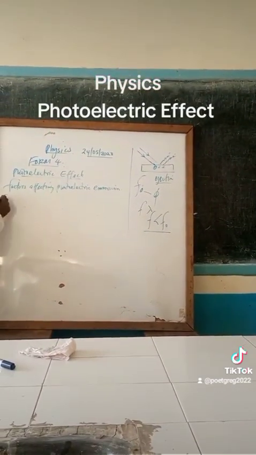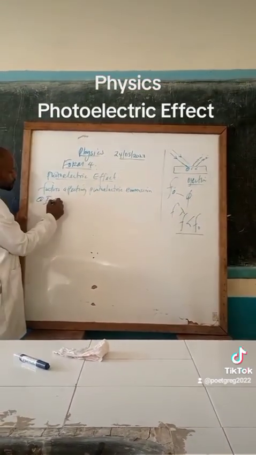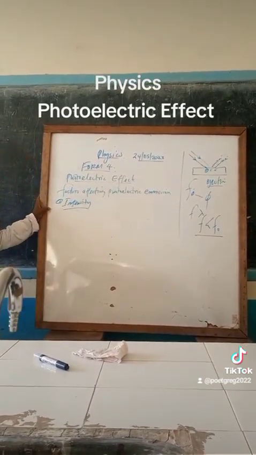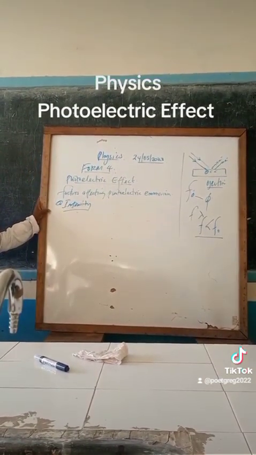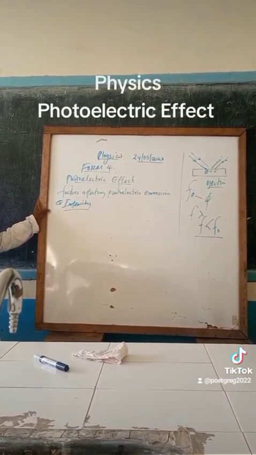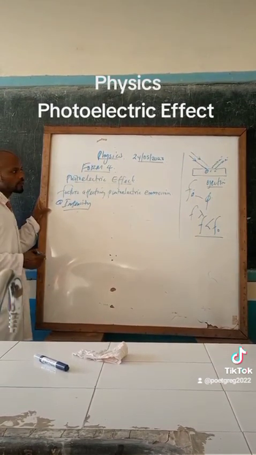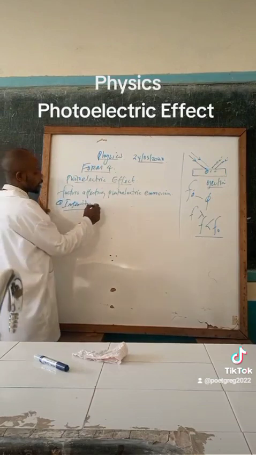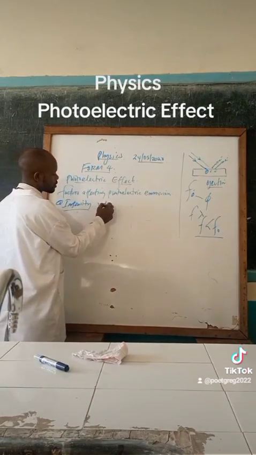From there, having that knowledge with you, we can now go to the factors affecting photoelectric emission, and one of the factors is intensity. Intensity of radiation. When we are talking about intensity of radiation, we can think about the radiation itself in terms of its frequency and the speed before hitting the metal surface. So if, for example, we talk about a light radiation